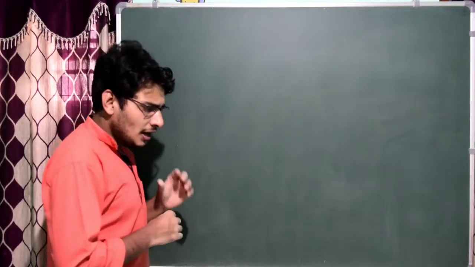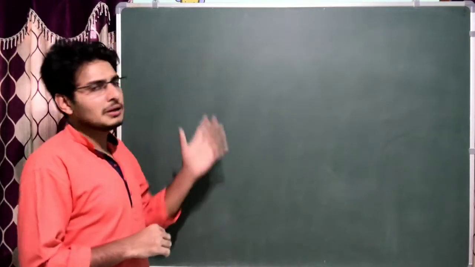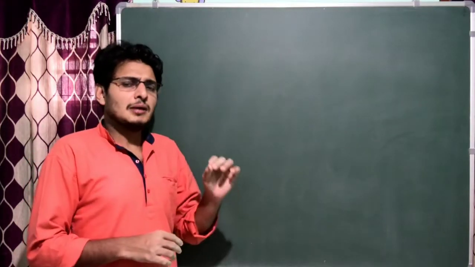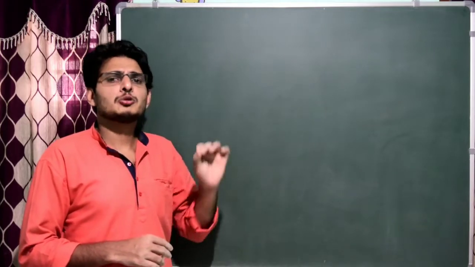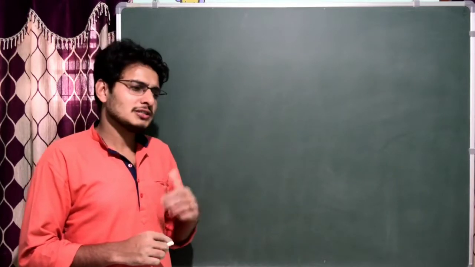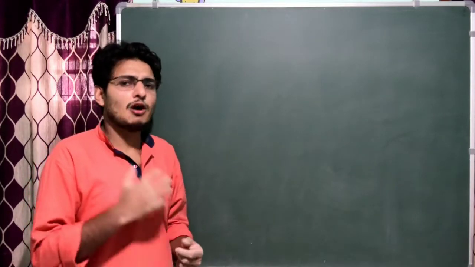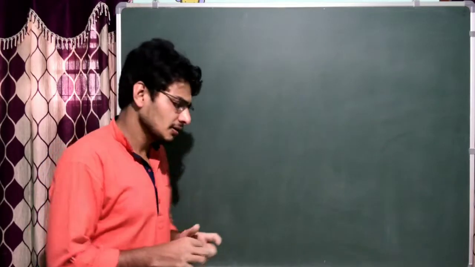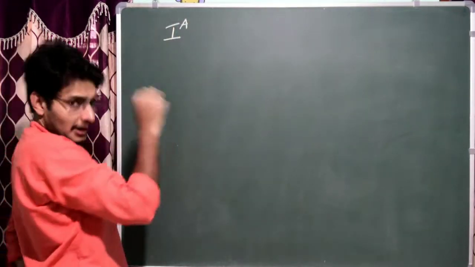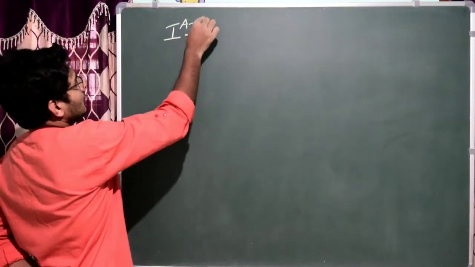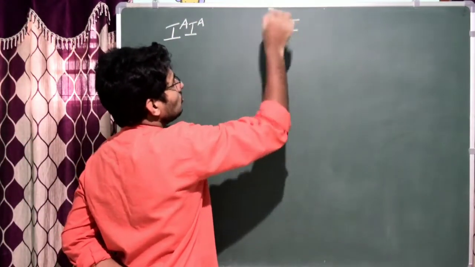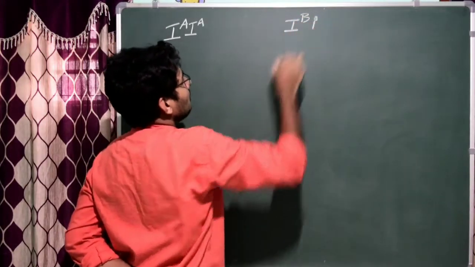Okay. So now I am going to solve one question from multiple allelism by taking ABO blood group as example. Suppose the question is like this. A man who is homozygous for blood group A marries a woman who is heterozygous for blood group B. Then what is the probability of getting the offspring with blood group AB? That's it. So we can solve it. Obviously this is homozygous, and the woman is heterozygous for blood group B.